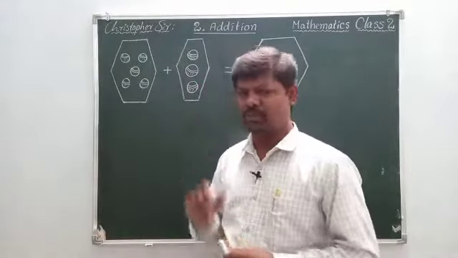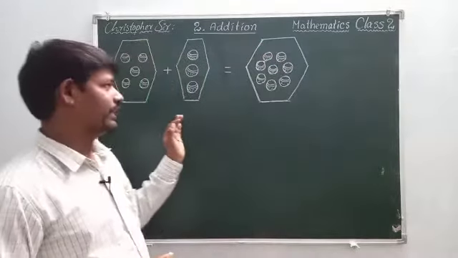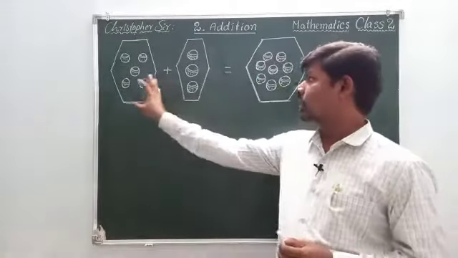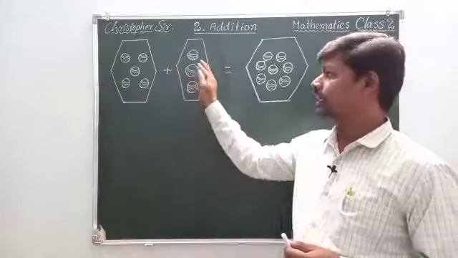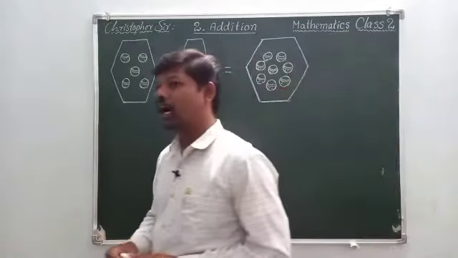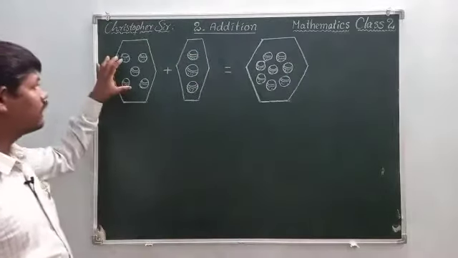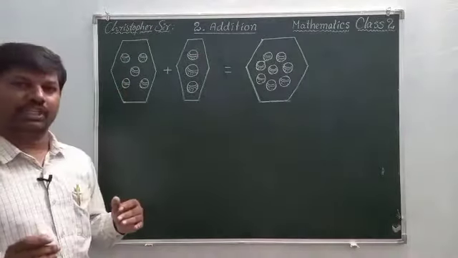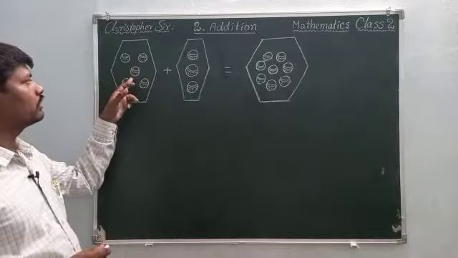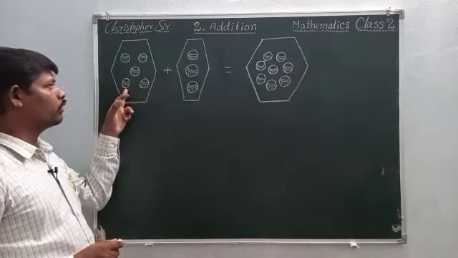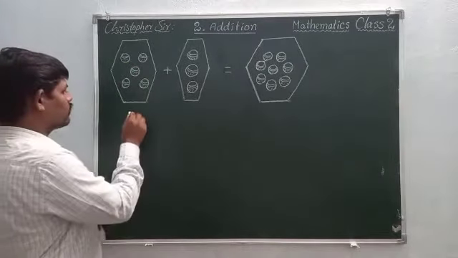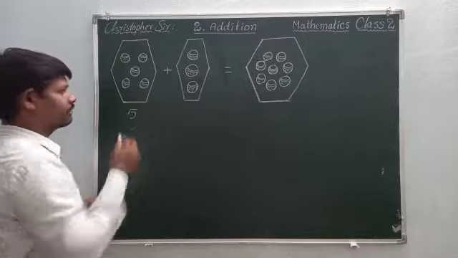So here some diagrams are there. Observe carefully. Here some kidney parts are kept, and here also some kidney parts are there, and here also. I will count for you how many kidney parts are there in this box. Let us count together. 1, 2, 3, 4, 5. So total how many are there? 5. So we can write 5 here.